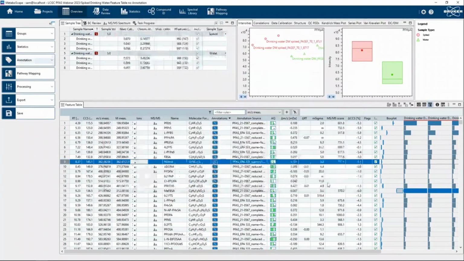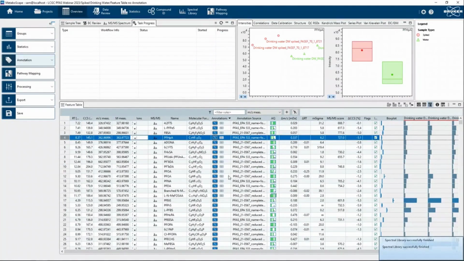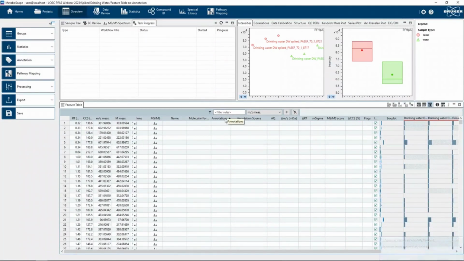So we're going to run this as well, so that we will now have target list annotations and spectral library annotations. So one individual feature within Metaboscape can have multiple annotations on it. Sometimes those annotations will agree, sometimes they will disagree, and that's something that we can search for in our annotations column here in order to see if we're getting the same result from a target list identification and a spectral library identification. So again, we're doing this on our entire feature table of about 1,000 features. And so what we found here is, if I resort my annotations,